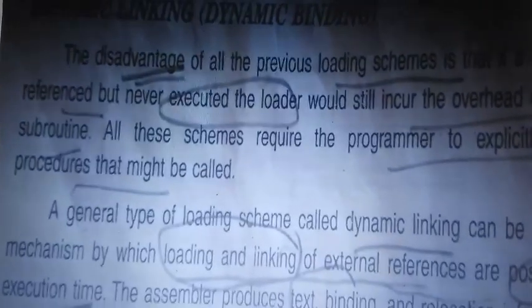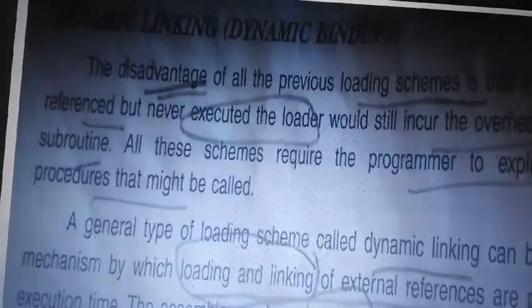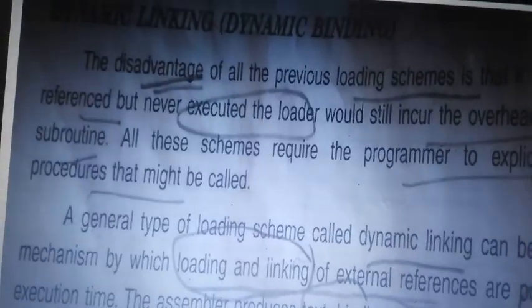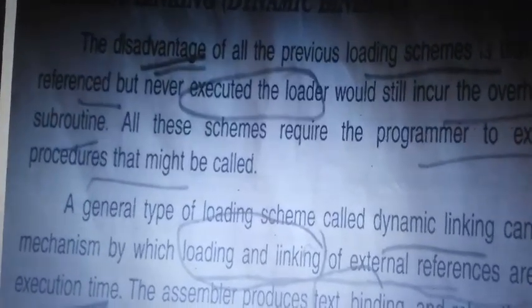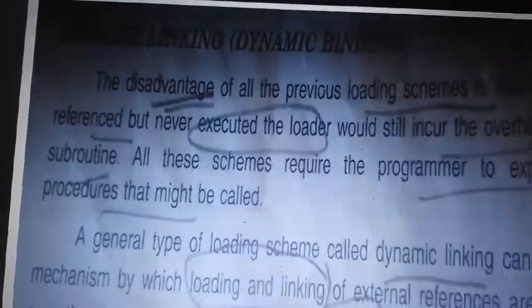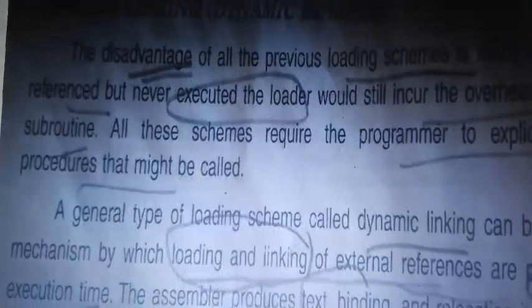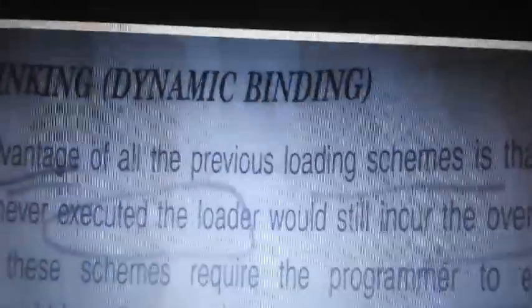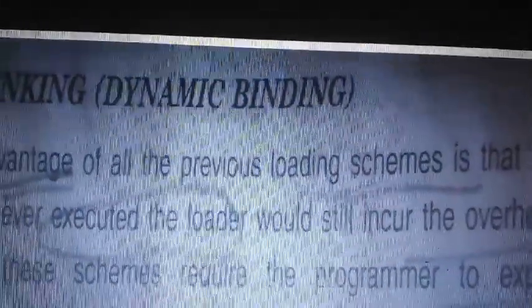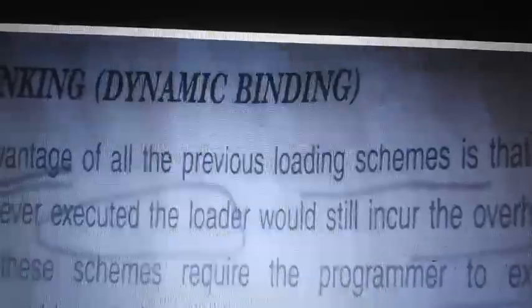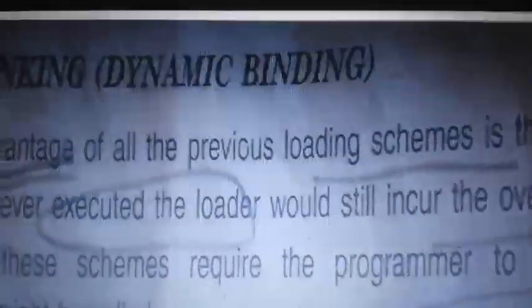So the last topic, dynamic linking. We already discussed dynamic loading. Dynamic loading means the structure will be in terms of an overlay, whichever is called, only that will be loaded. So that is the overlay structure, and here memory is also used less. When we came across dynamic loading, dynamic linking was also developed. It's also called dynamic binding. In an overlay structure we discussed that binding will be done only on a call. If called, then binding will be done. When binding is done only at the time of the call, it is dynamic linking.